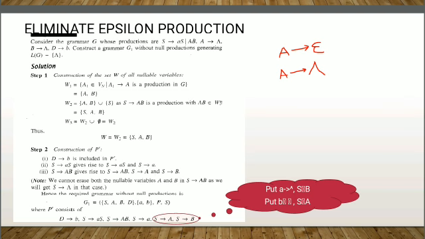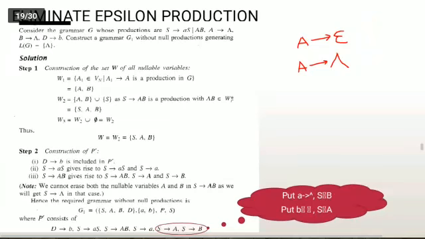So consider the grammar G whose productions are S gives AS or S gives AB, A gives null, B gives null, D gives B. Construct a grammar G1 without null productions. So how to construct the given production